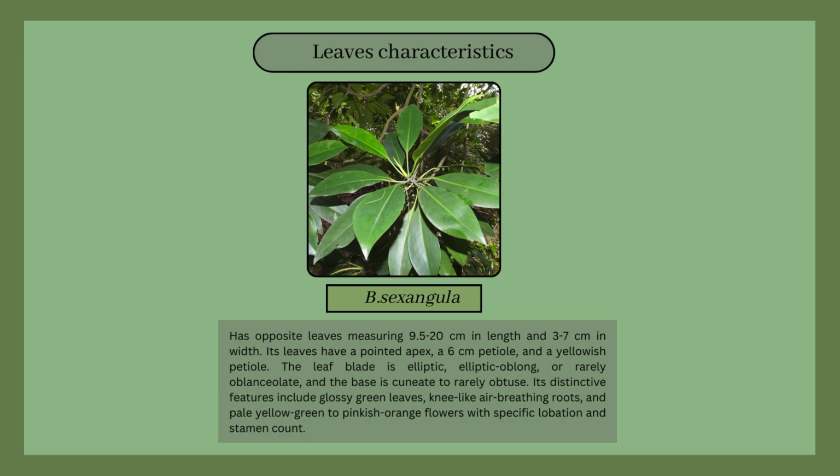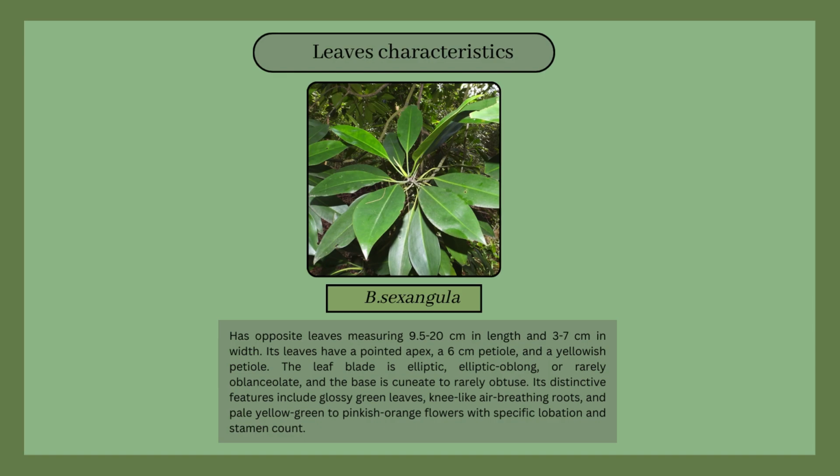The leaf blade is elliptic, oblong, or rarely oblanceolate, and the base is cuneate to rarely obtuse. Its distinctive features include glossy green leaves, knee-like, air-breathing roots, and pale yellow-green to pinkish-orange flowers with specific lobation and